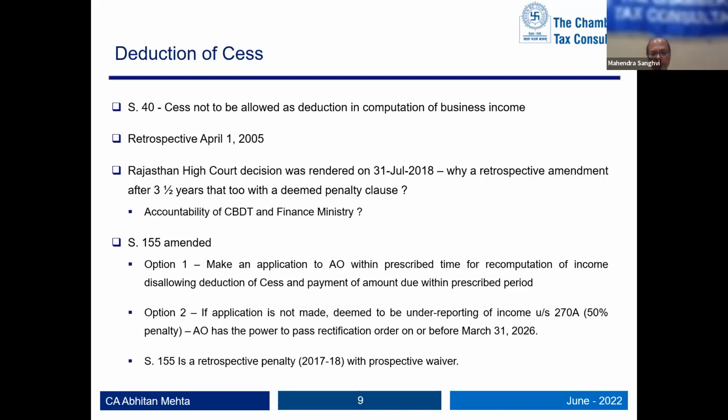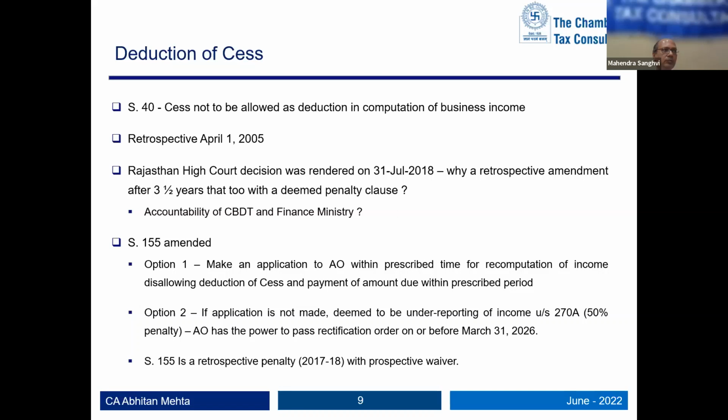But somewhere in 2018, there was a Rajasthan High Court decision which said education cess is not part of tax, relying on an old circular and analyzing the rule that this is not part of tax and therefore Section 40 will not apply. Whether Section 37(1) you can claim it was never discussed, but Section 40 will not apply and was ruled in favor. Later on, somewhere in 2020, it was followed by the Bombay High Court in the decision of Sesa Goa. So there were umpteen number of additional grounds filed before CIT appeal and ITAT.